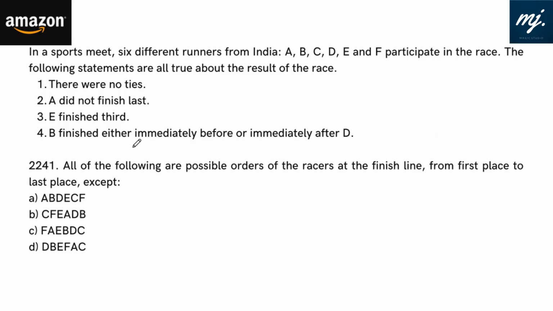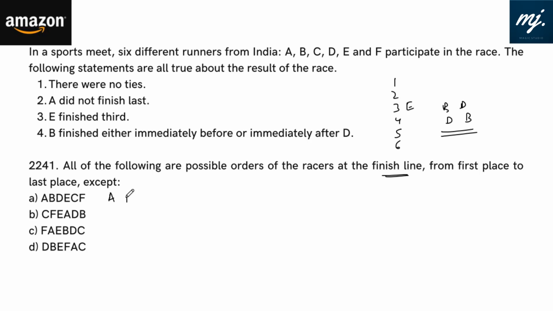Okay, on to the next question, with the same data as the previous one: the sports meet and 6 people are running. We know that 1, 2, 3, 4, 5, 6. Third position is E, and BD or DB should come together. Now let's read the question. All the following are possible orders of the racers at the finish line from first place to last place except